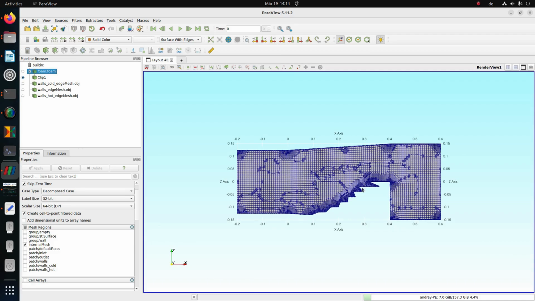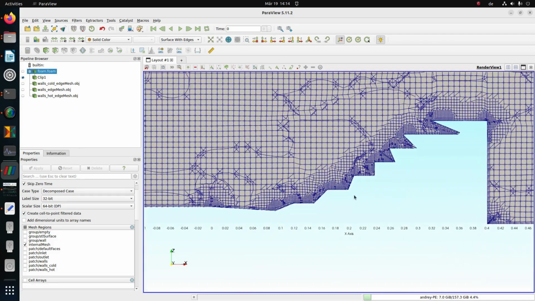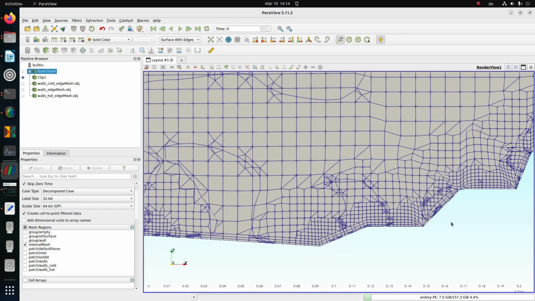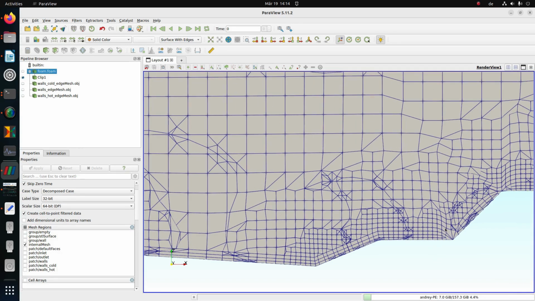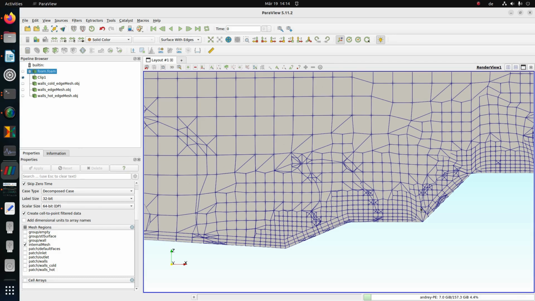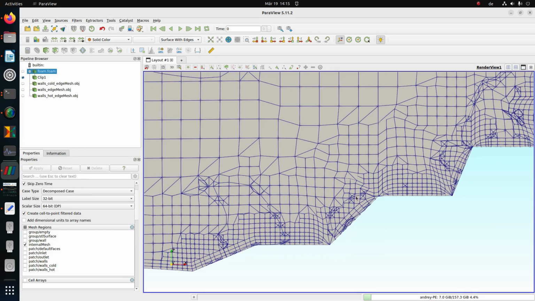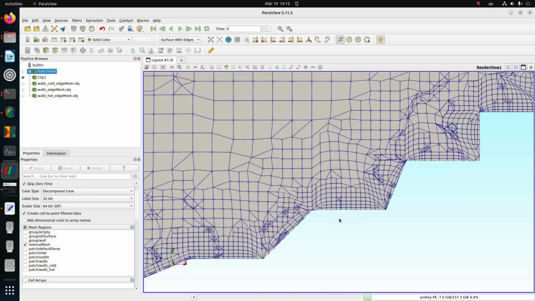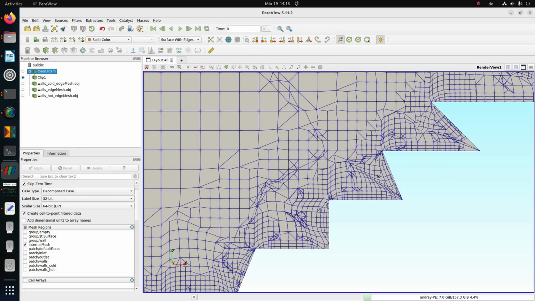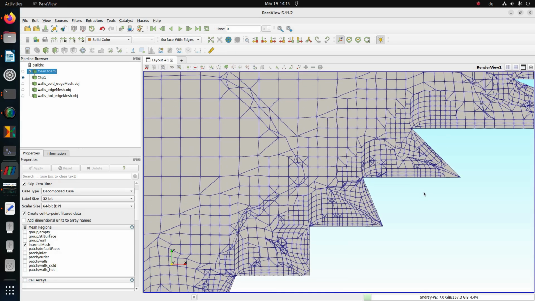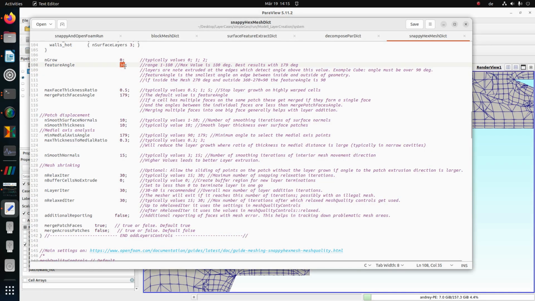And what is the difference between those two meshings? So we see that the layers are missing at the edges with angles above 30 degrees. You see, this angle is lower than 30 degrees. And where the angle is bigger, we have no layers extruded. Now I set the feature angle to 60 degrees